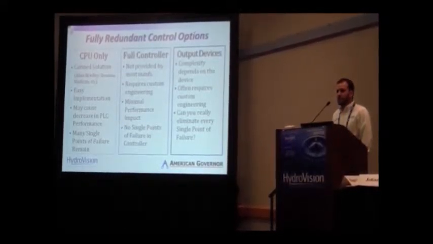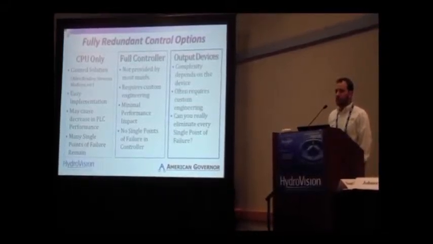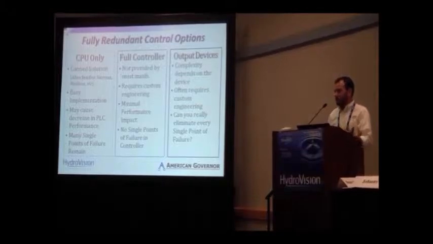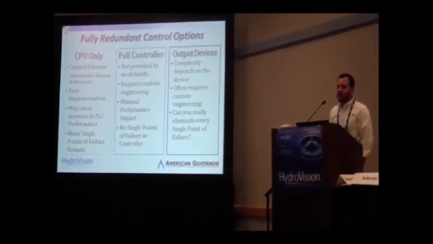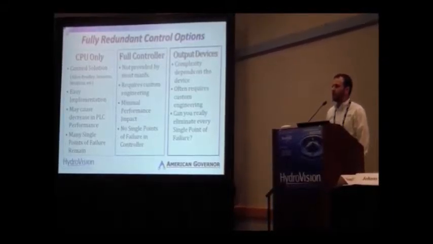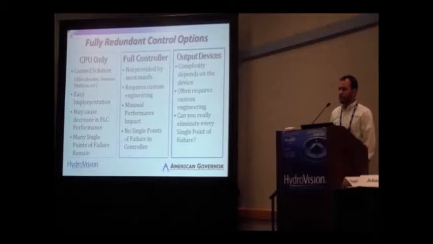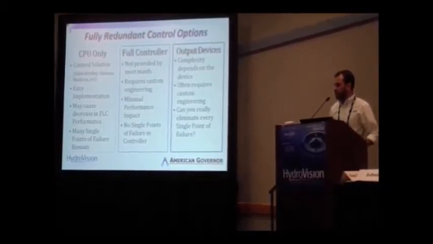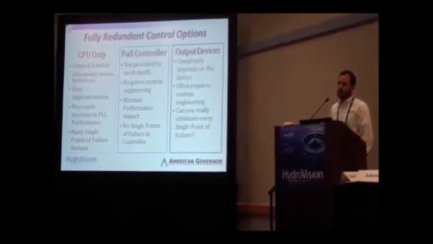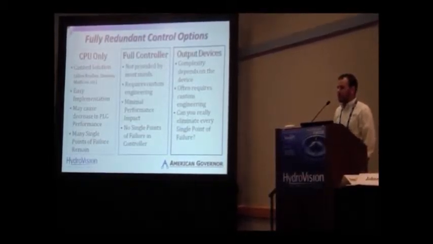So these three options. If anyone has implemented a new control system, say you're going with an Allen Bradley controller and you want redundancy, the first thing you're going to look at is, well, what's their solution for redundancy? And most PLC manufacturer solution for redundancy is CPU only, which is one of the things that's attractive about it. It's a CAN solution. It's easy to implement. You pretty much plug and play the components, select the box and the software that you want redundancy, and there you have it.